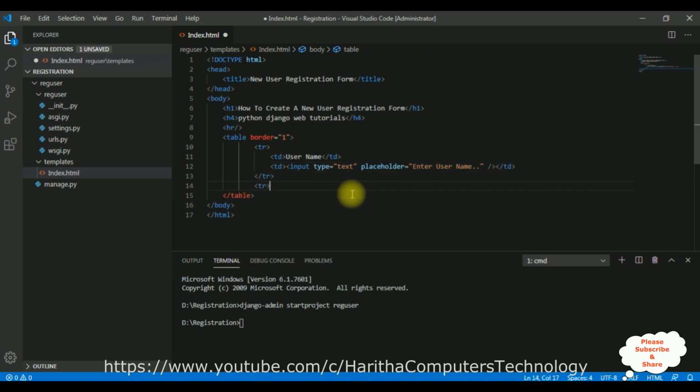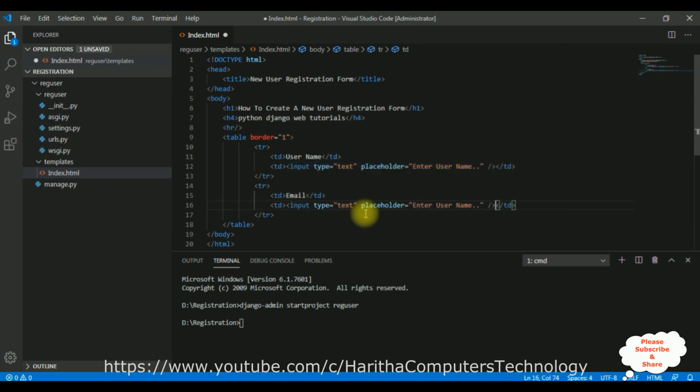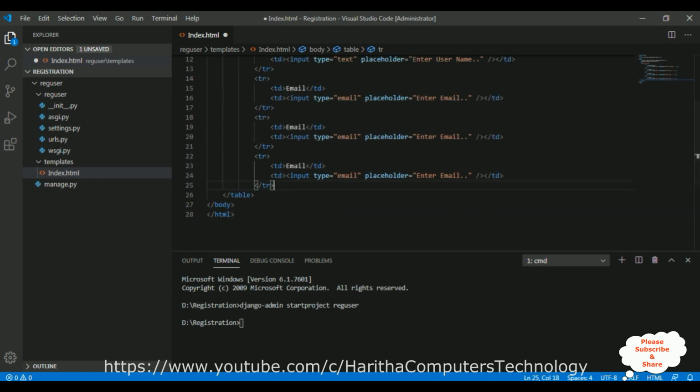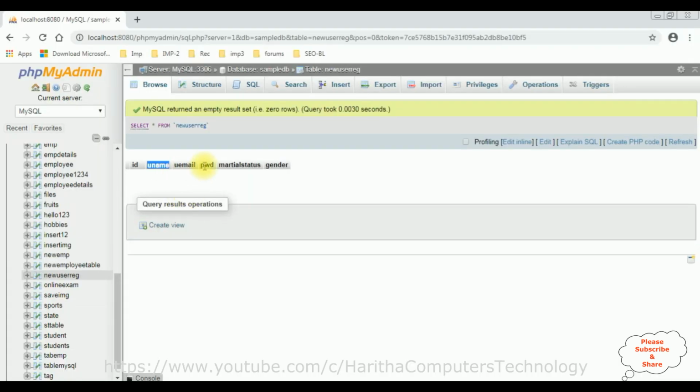The next td, email, the second column name is td. So instead of adding this one, let's copy this one and paste here. We'll change the type, I'm adding the email, enter email, the placeholder is. Copy this one, tr. The next column names, the password,